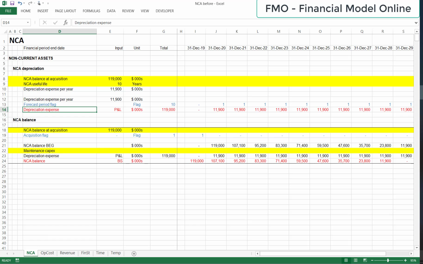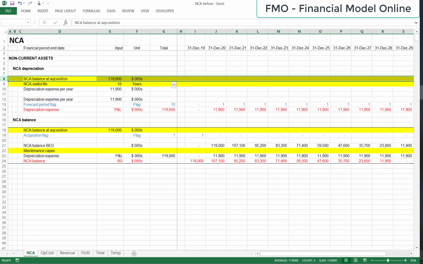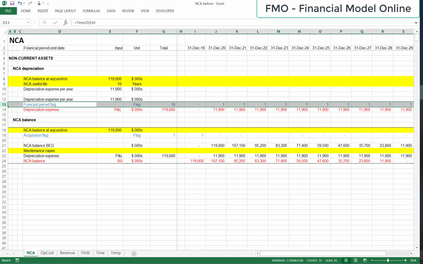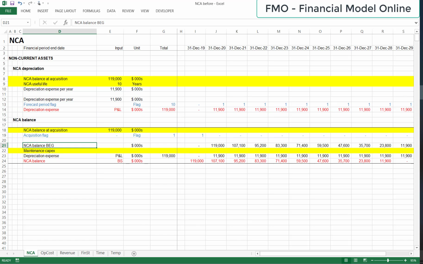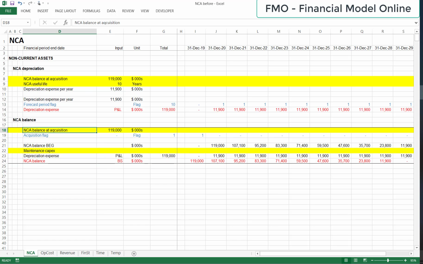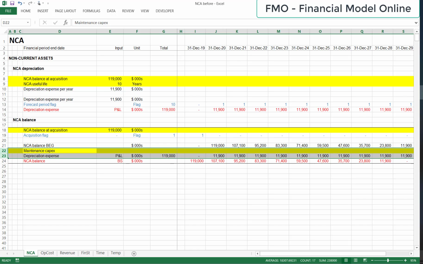We modeled depreciation expense by dividing the NCA balance at acquisition by NCA useful life and then multiplying the result by the forecast period flag. And then we modeled the NCA balance, and NCA balance depends on the NCA balance at acquisition, the maintenance capex, and depreciation expense. And then we linked all of these items to the